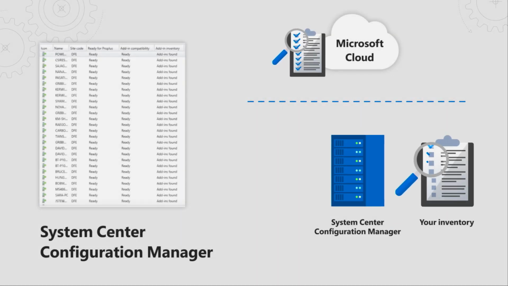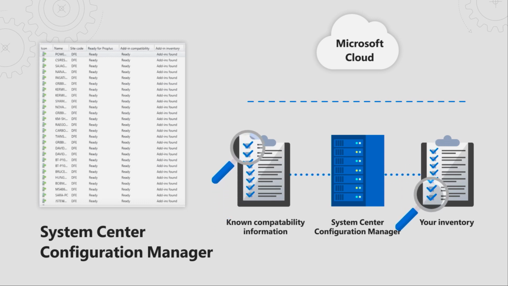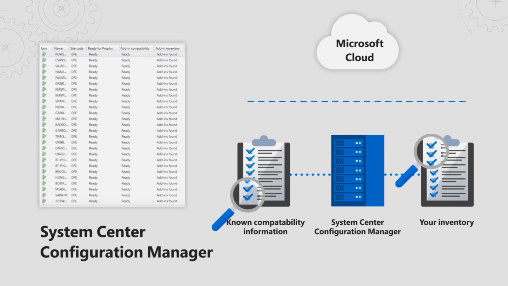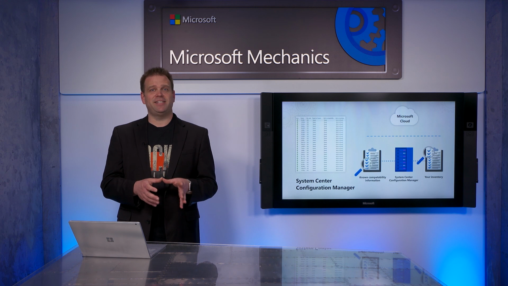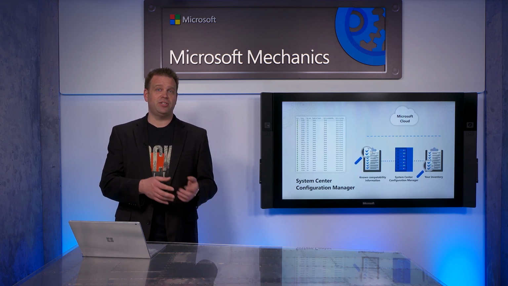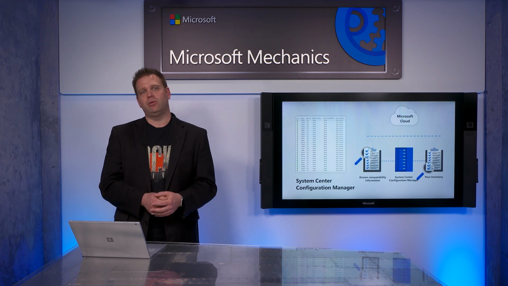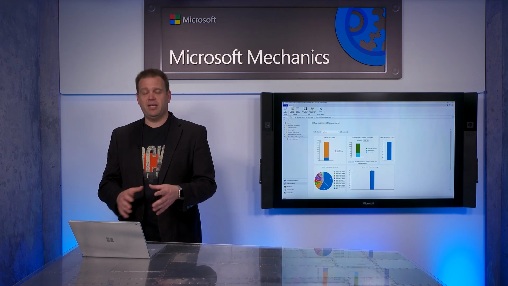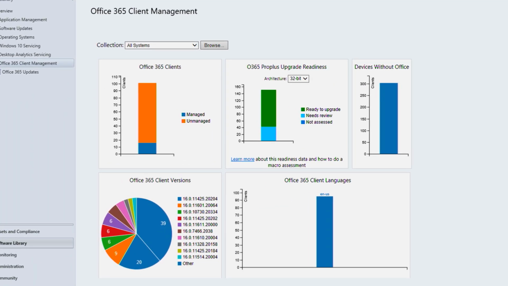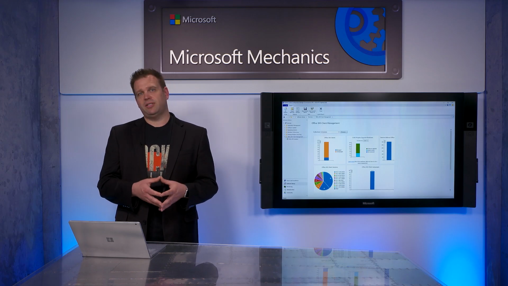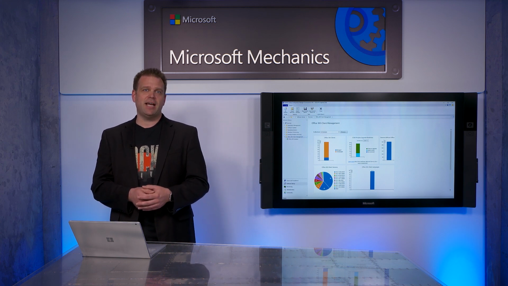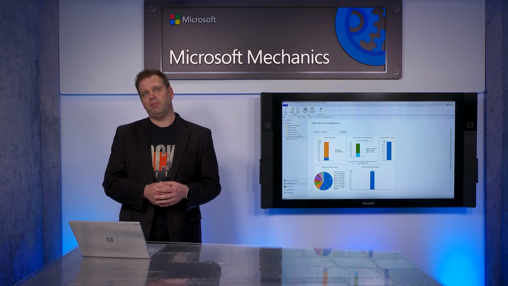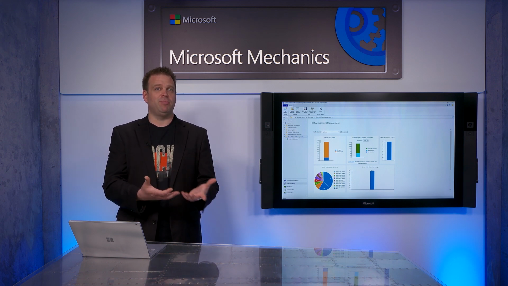Also in 1902 and newer, Configuration Manager will download a copy of known compatibility information from Microsoft to perform a local query against your inventoried Office COM add-ins. Now this approach again does not necessitate that Office client or add-in information is sent up to Microsoft Cloud Services in order to assess compatibility. And you can access this information as part of the Office Client Management Dashboard. And that's all part of Configuration Manager, and you can drill into the lists of add-ins that are found in Software Inventory that we saw earlier. You'll also use this information to prioritize testing of the most commonly used add-ins, especially in cases where there isn't known compatibility information, such as where you've maybe developed in-house COM